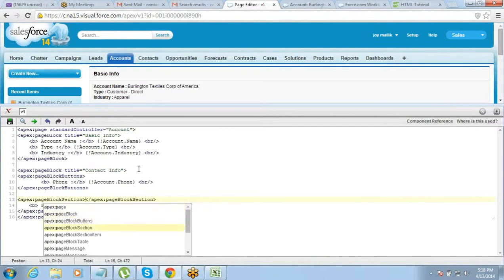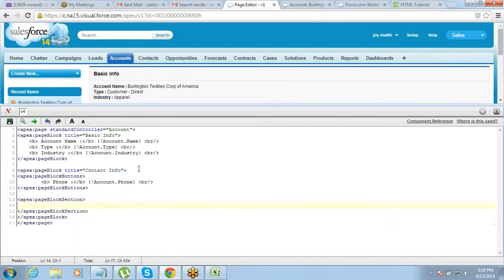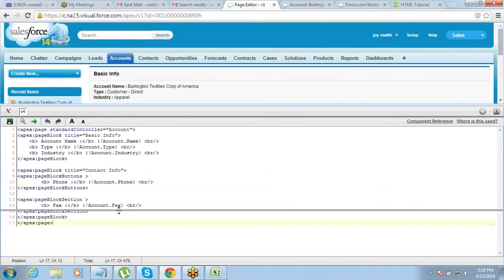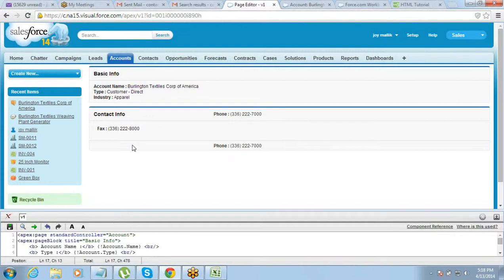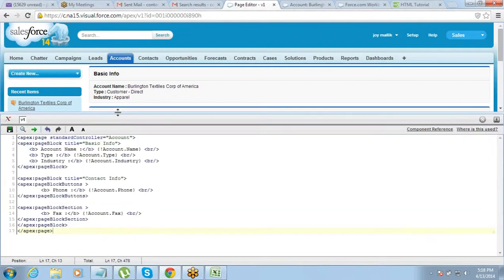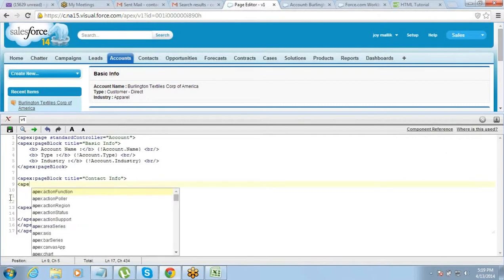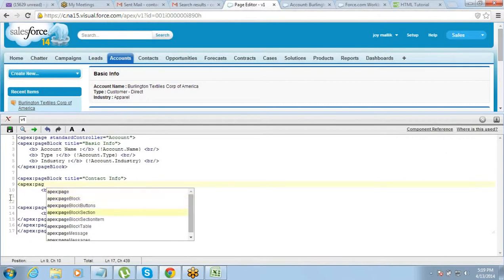So for the contact info, I have created 2 sections.